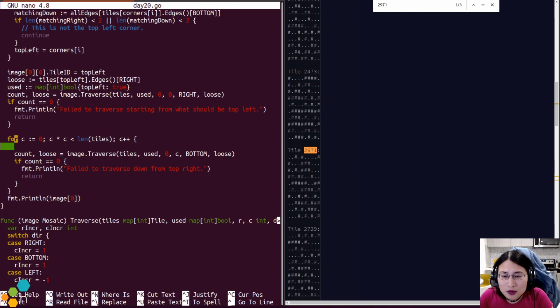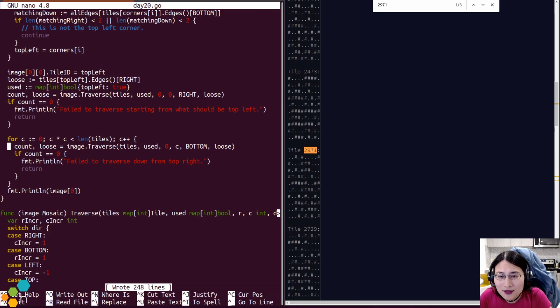I should be able to infer it based off of the rotation. Okay, so we'll deal with that in a second.